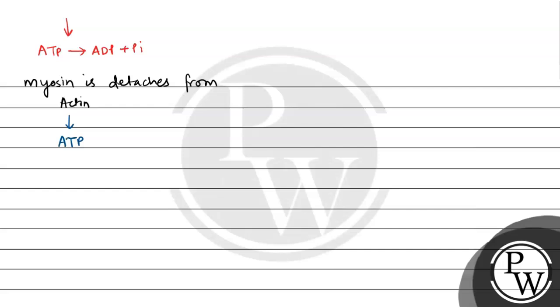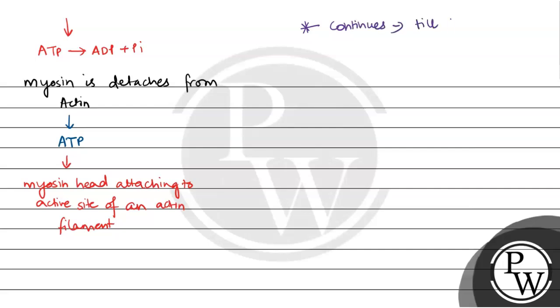The myosin head will again bind to another actin filament, attaching to the active site of an actin filament. This process continues